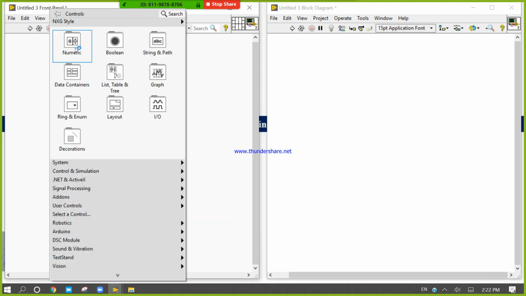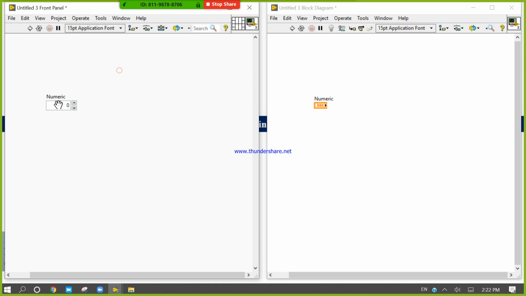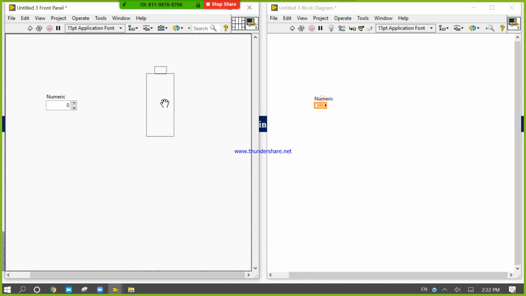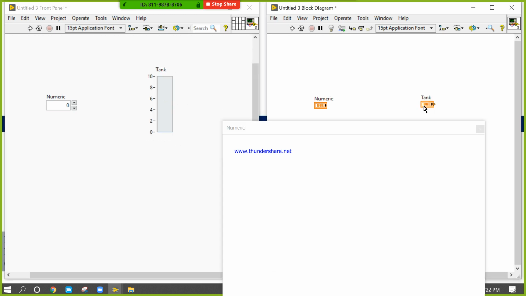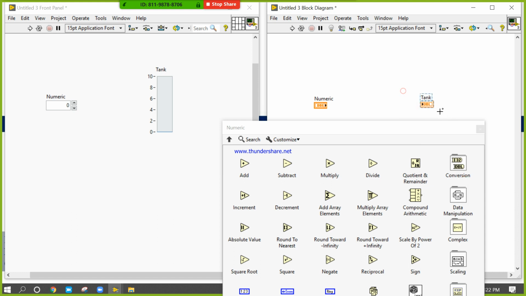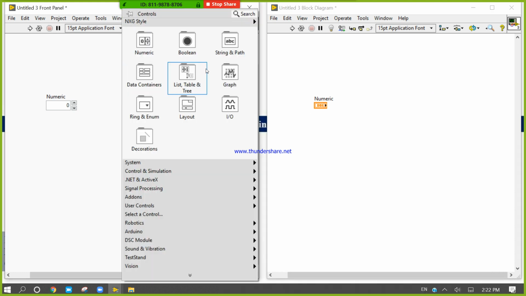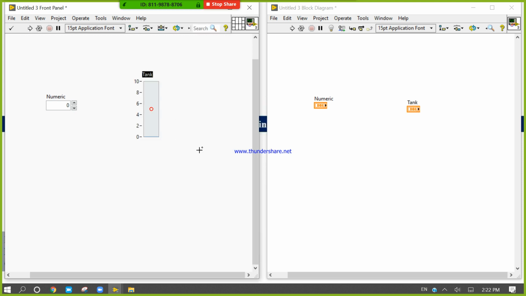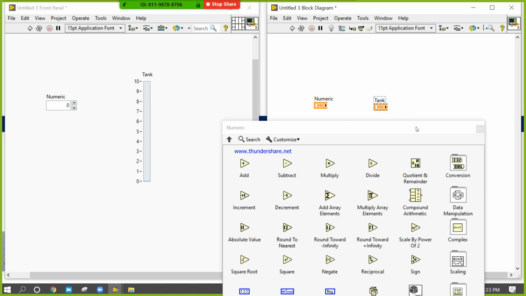We know very well, yesterday you designed some program. Right click, come here, come to the tank, come into the block diagram.